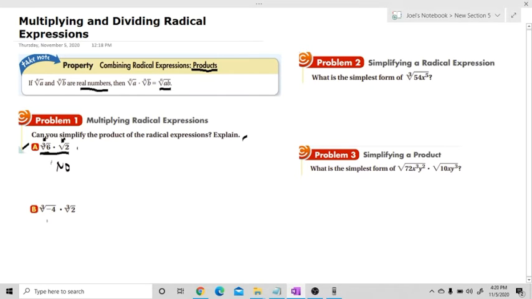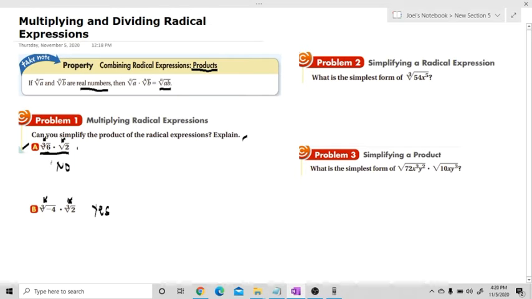Okay, let's proceed to letter B. Same pa rin yung question. Can you simplify the product of the radical expression? Explain. We have cube root of negative 4 times the cube root of 2. Can we simplify this one? The answer is yes, we can simplify this. Why? It is because they have the same